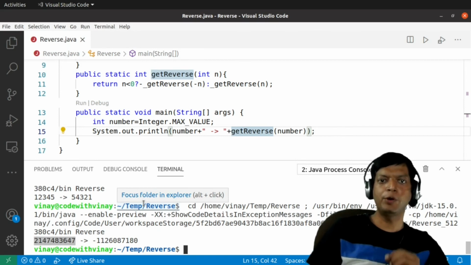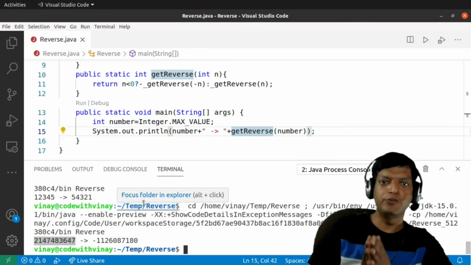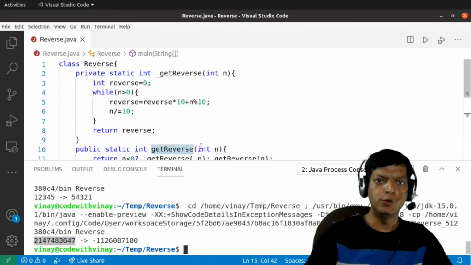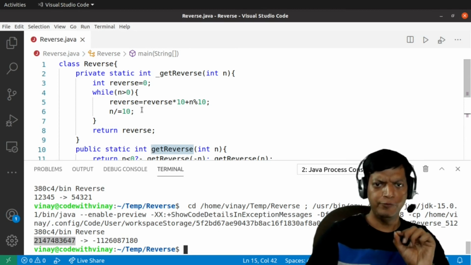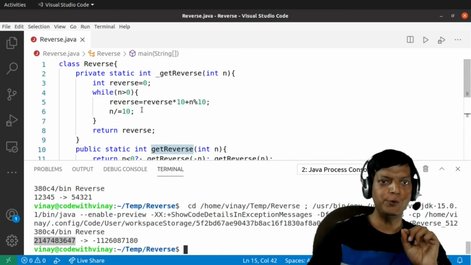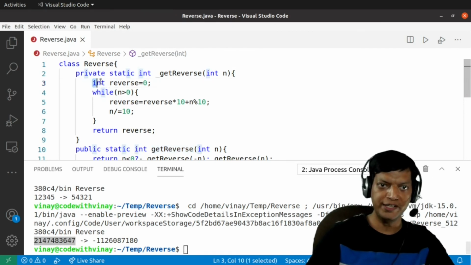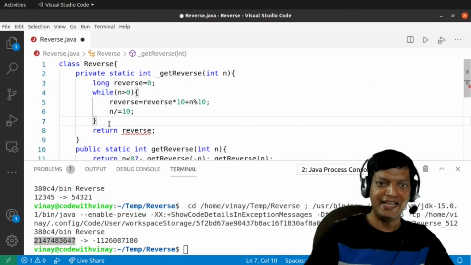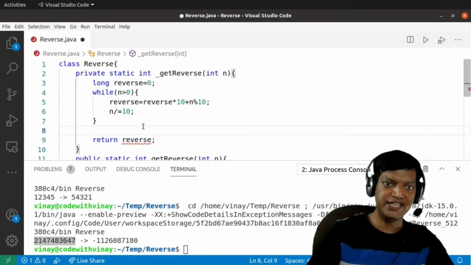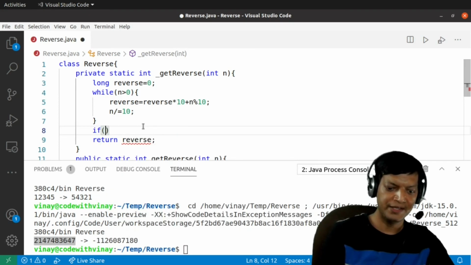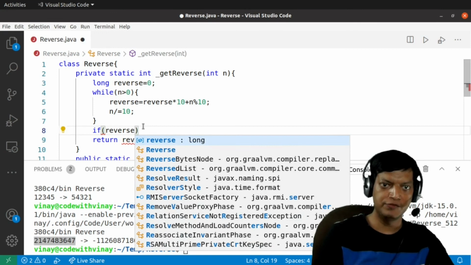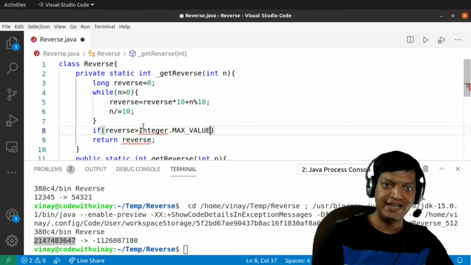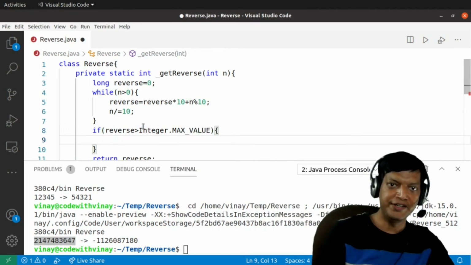Now the problem is how to detect that the number is overflowing and it's becoming negative. So the way to do it is we go over here. Now please note, it won't fit into integer, but it will fit into bigger integer, that is long. So what we'll do over here is that we'll initially make it long, and then in the end when everything is done, we'll check that if the reverse of the number is more than what can be stored in an integer, we'll return an exception.